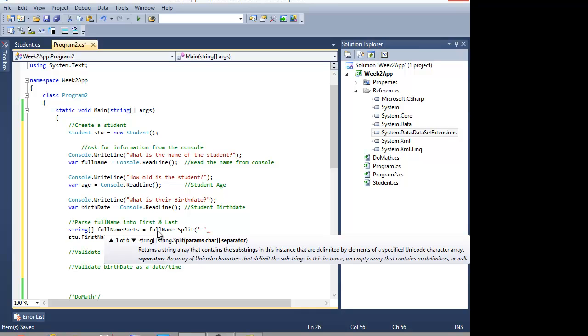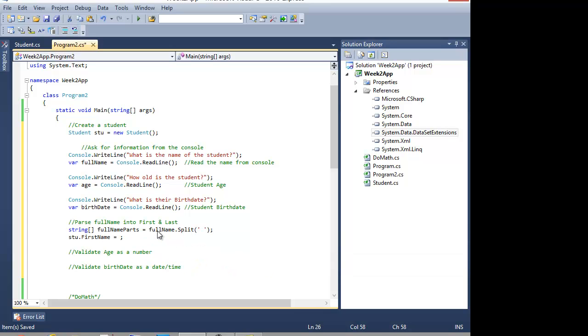So it's a char. To provide a char, or a single character, you use the single quotes to designate it. You can only put one character inside of those single quotes, otherwise the compiler will get very mad. If you do it with double quotes, even though it's one character, it's considered a string. Double quote string, single quote char. Okay? So I did a single quote with a space. And what that will do is take full name and split it on the space,